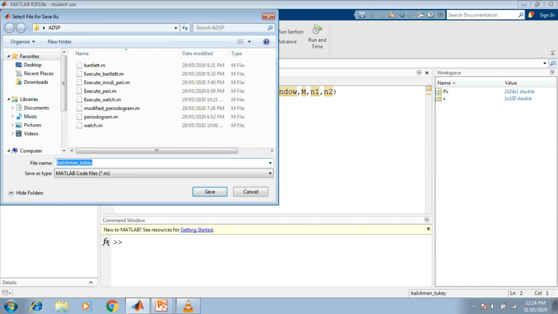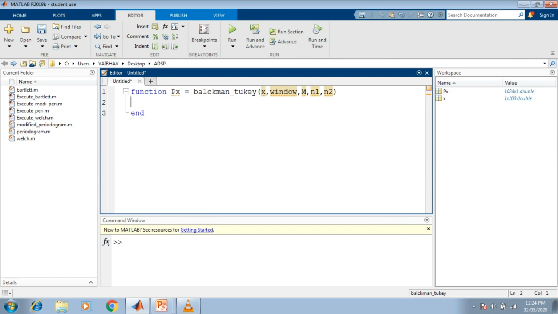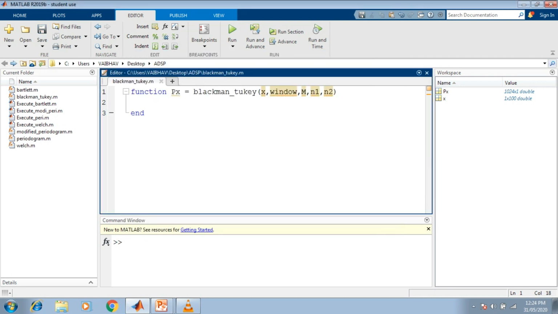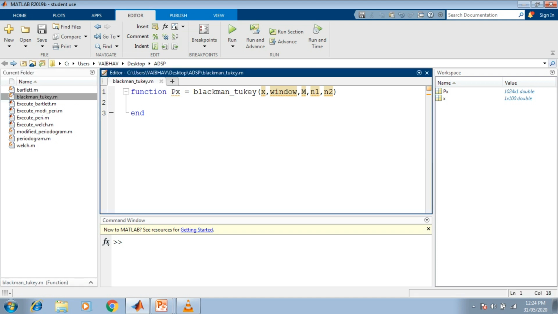So we save it into the current directory, the folder named ADSP here, and it has the name Blackman, so we should spell it properly. While saving, Blackman underscore 2K dot m, it will be the file extension. We save it, it has been generated into the current directory, and the name has appeared in the editor tab in the editor section here.